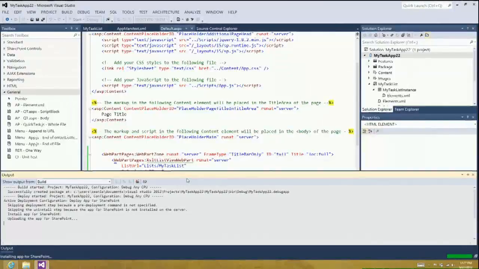And so what this is doing is it's taking all the artifacts that were in the app project and putting them in an app package. And an app package, if you guys want to go and open it up later, is actually a zip file that contains all of those artifacts. It's really a simple OPC package that you can go and work with. And what it's done is it's deployed it up to the SharePoint site, and SharePoint has gone and created an